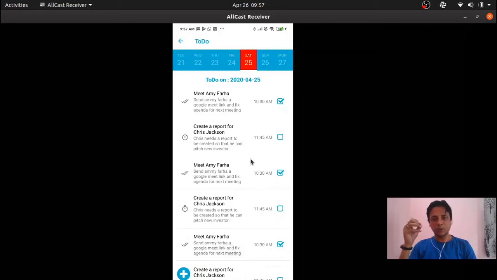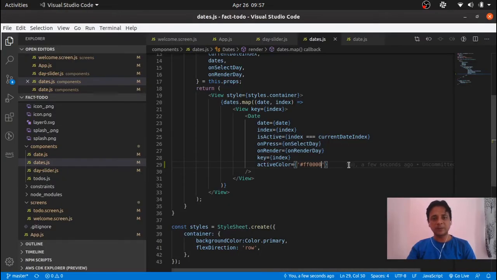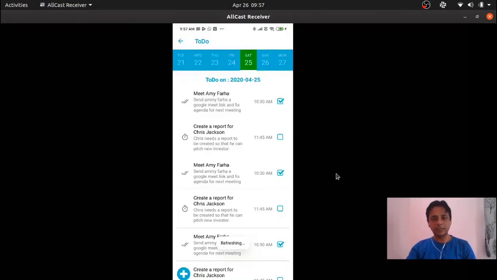Okay, so what are the possibilities? Some people might be interested in putting a different background style over here, a different font color for these fonts, a different active color, so it should be pretty much configurable. It is only configurable to this level where I can put my different set of colors, and then it is going to change that particular behavior.